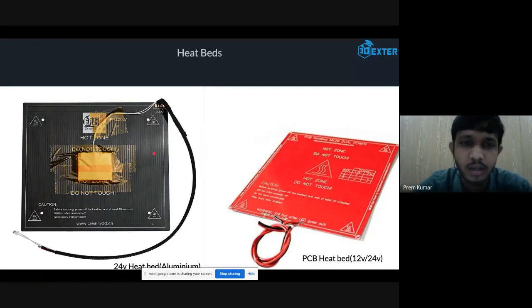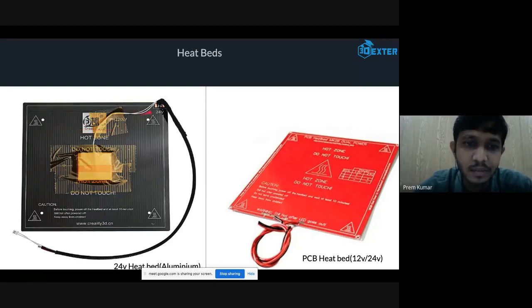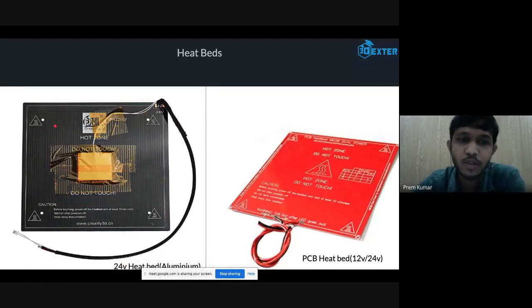To look at the incandescent bulbs, the same kind of resistive mechanism is made. So once you supply current to this heated build plate, it will start heating. You are going to heat this build plate, but you must have a mechanism to sense the temperature of that build plate once you start supplying power.